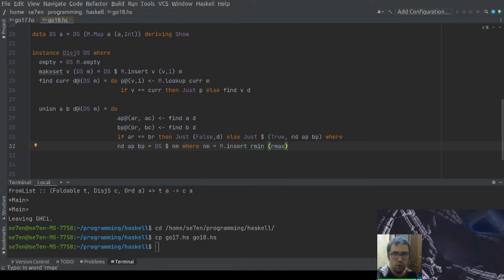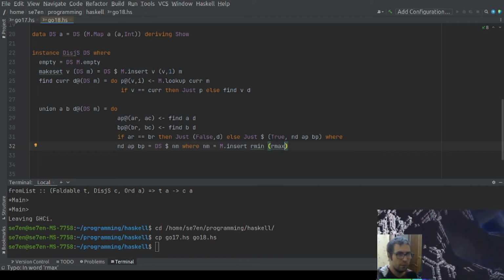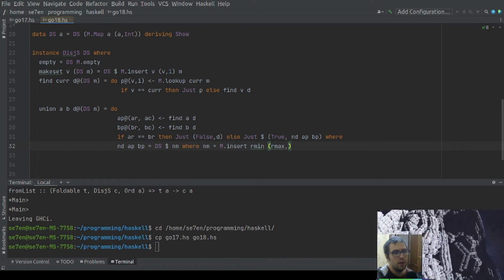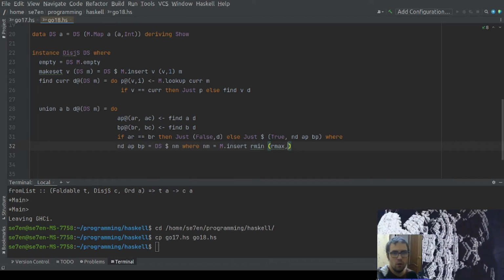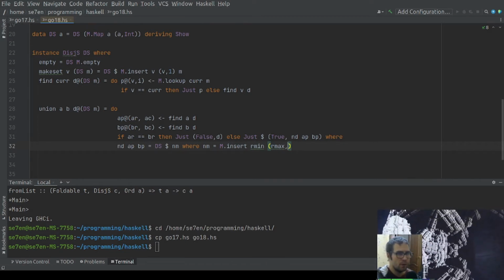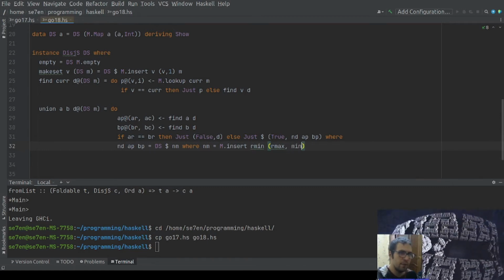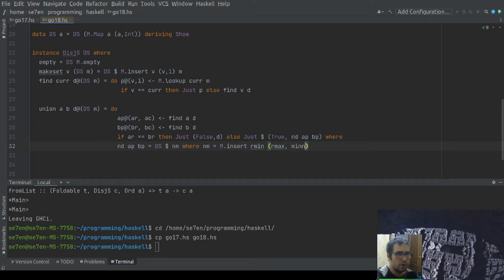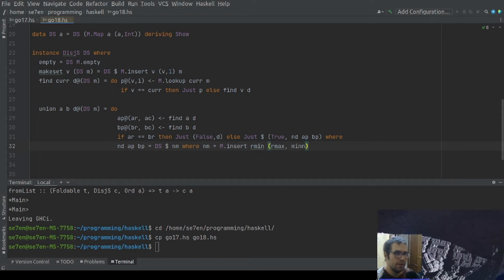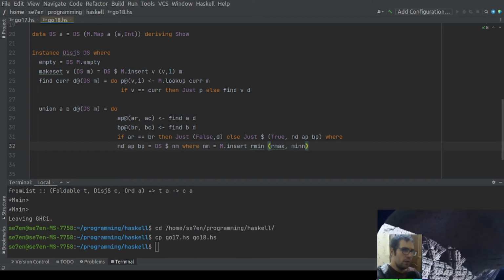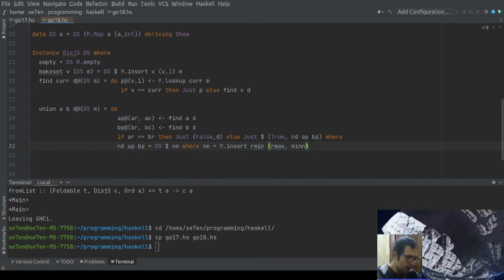This is a new root of the minimum connection component, and the number of elements will be the same. So this is the minimum number of elements in the minimum connection component, and we need to